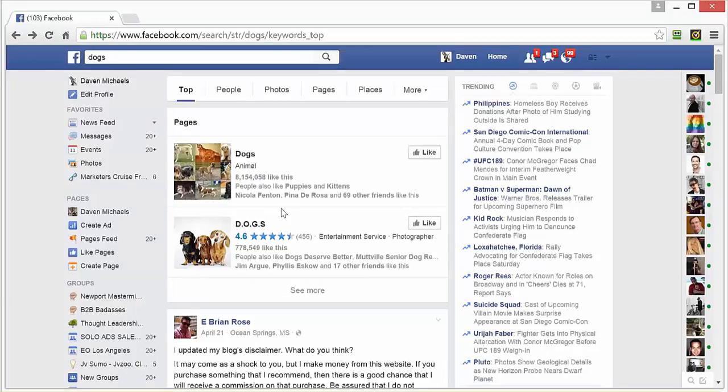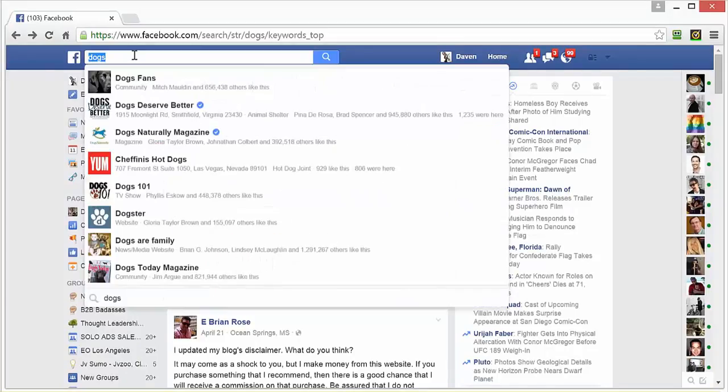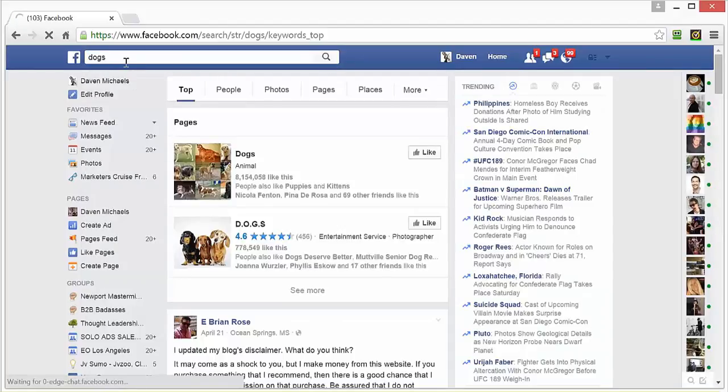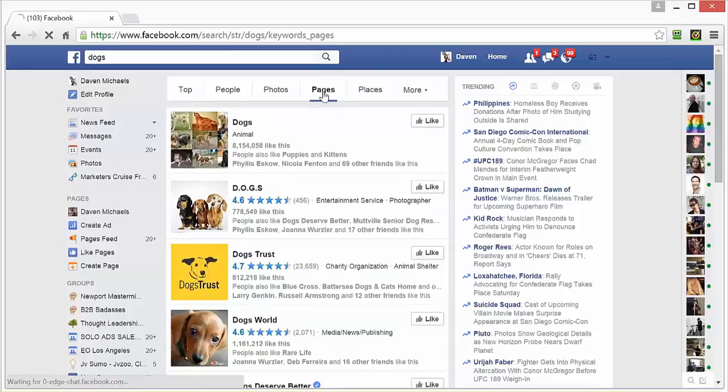So let me show you what I mean by this. So here I did a search on dogs. So you could put whatever keyword is in there, but this is just for example purposes. And then you can sort by pages, or you can also sort by groups, apps, events, but I think pages and groups are probably the most useful.